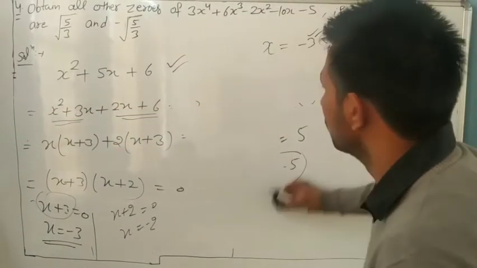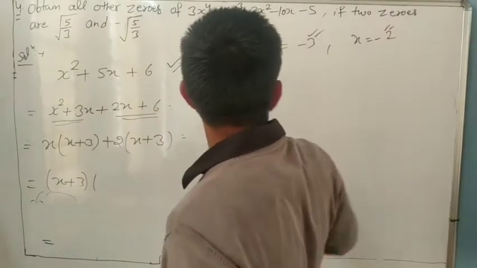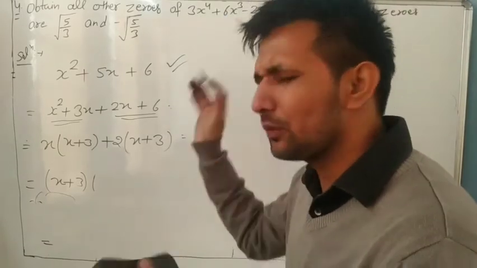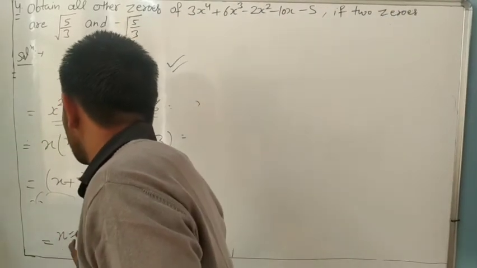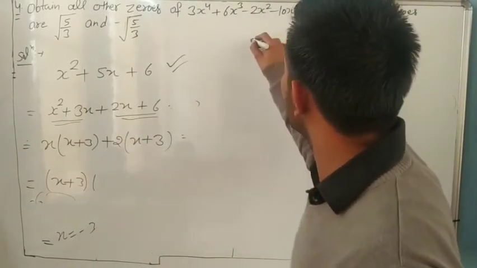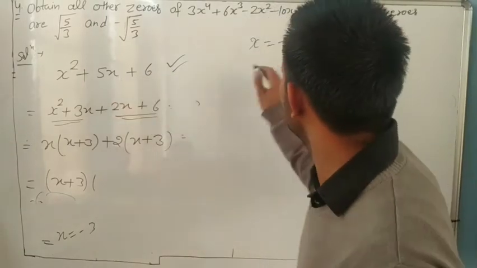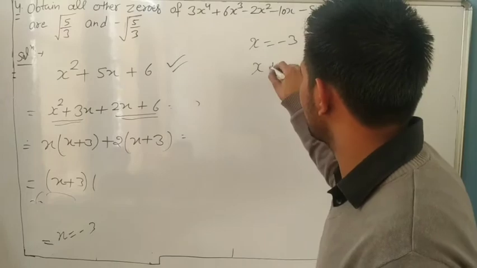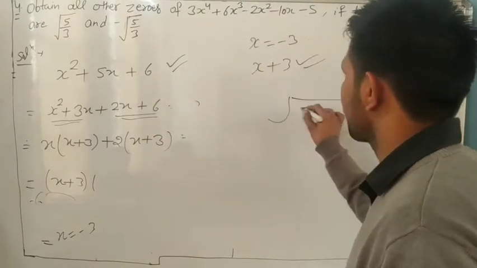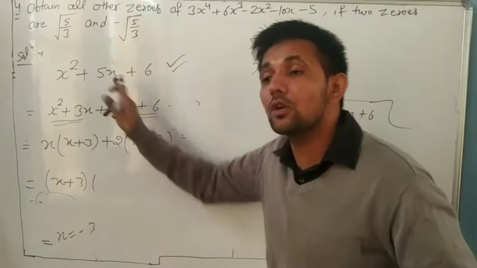Suppose you don't know all the factors, you know only one factor of this one, x plus 3. If I tell you x equal to minus 3 is a zero of this polynomial, it means minus 3 on the other side is positive, so x plus 3 is a factor of this one. And if it is a factor, then for x square plus 5x plus 6, because it is a quadratic polynomial,